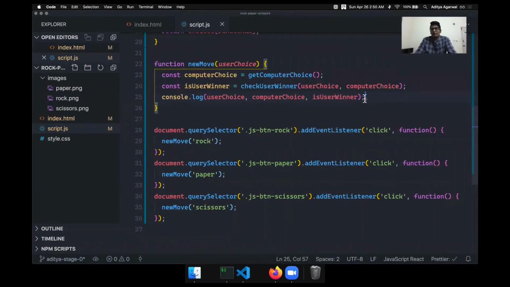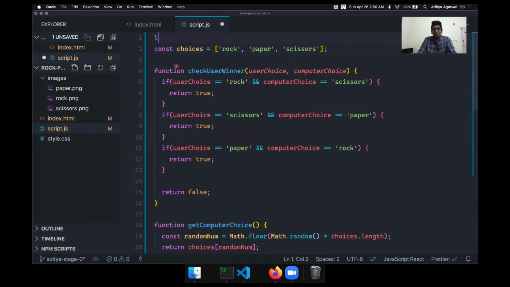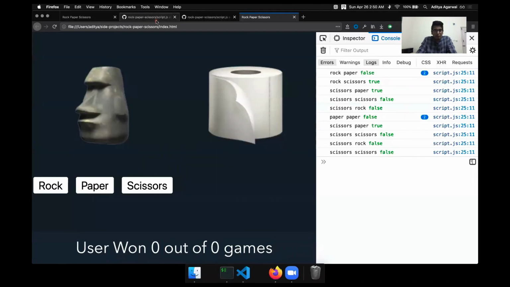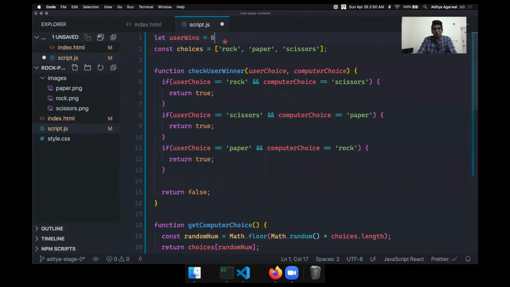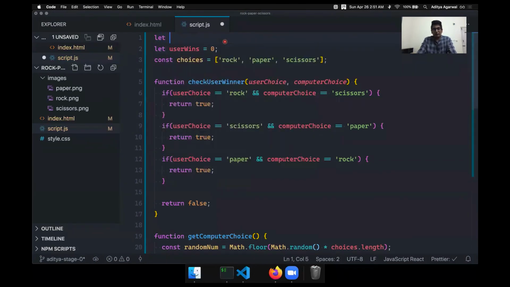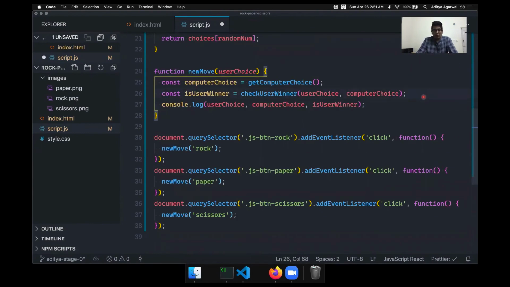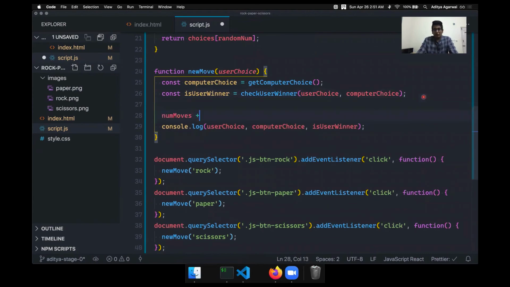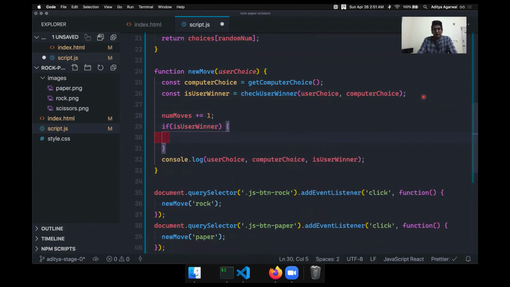Now let's make two variables. Let's make a variable which will record how many wins did user get. So we can have actually two variables. One is let user wins. Let me just check my code so that we know that I'm using the same variables. Cool. So I have user wins, and I have let num moves. So what I'll do is that every time new move function gets called, I'll increase the value of num moves by 1, but only when user winner is true, then only I'll increase the user wins.